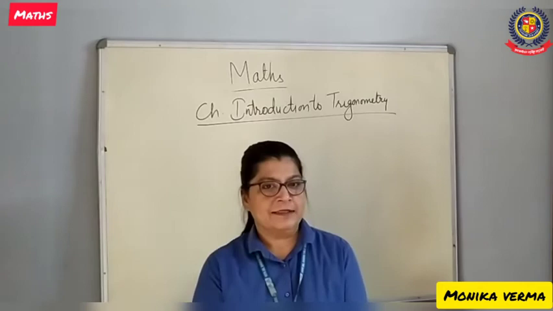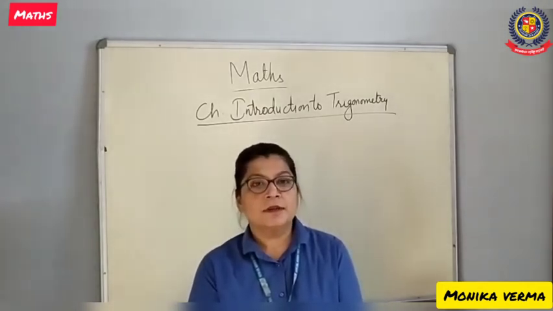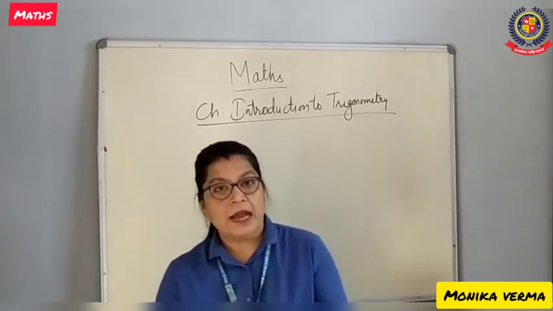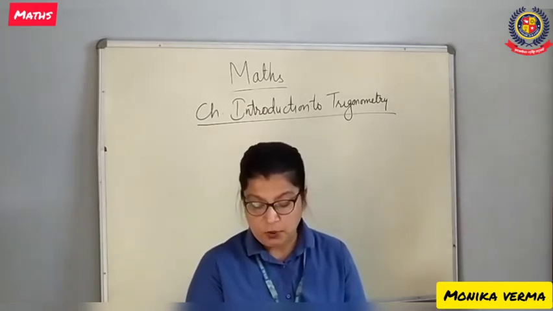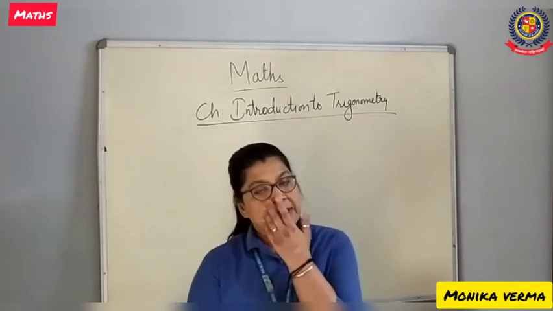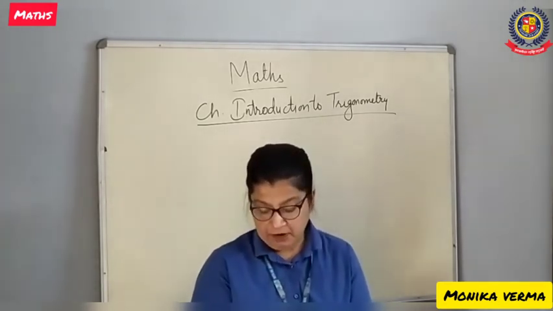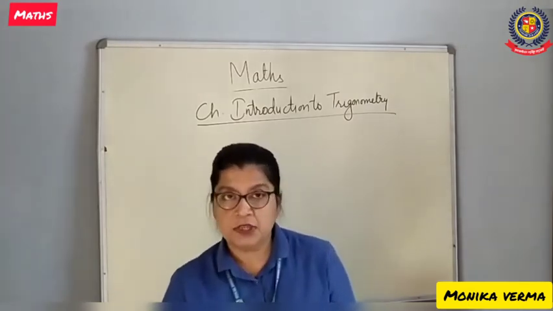I'm back again with the same chapter, Introduction to Trigonometry. We were doing identities and we have done exercise 8.4, question number 1 and 2. You can delete question number 3 also because that is the same as for complementary angle, which is deleted. Question number 4 you will try yourself. I am not going to do that. I am doing question number 5.